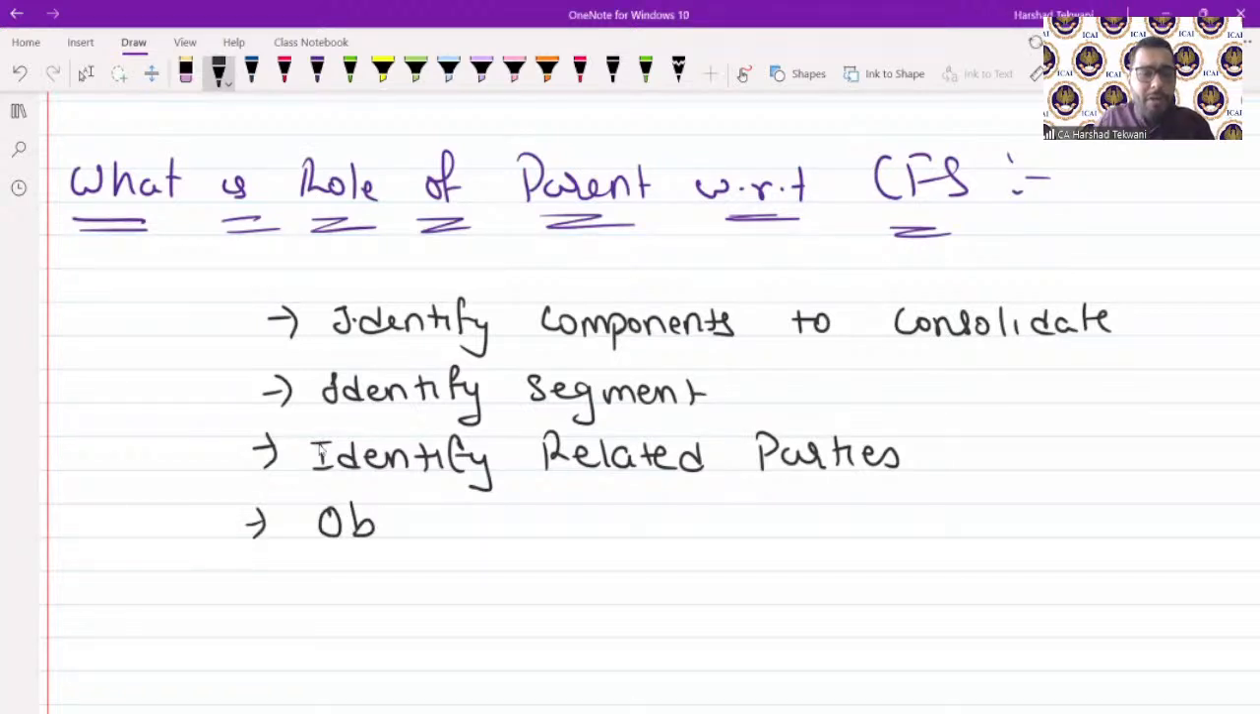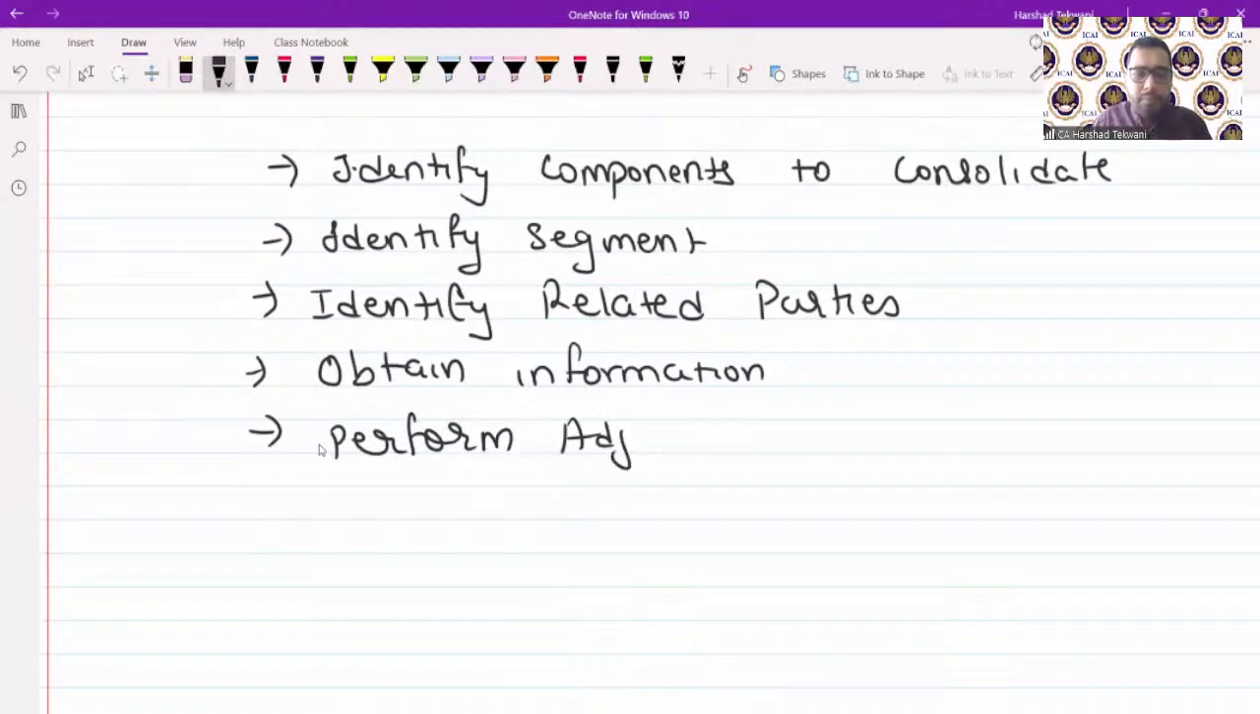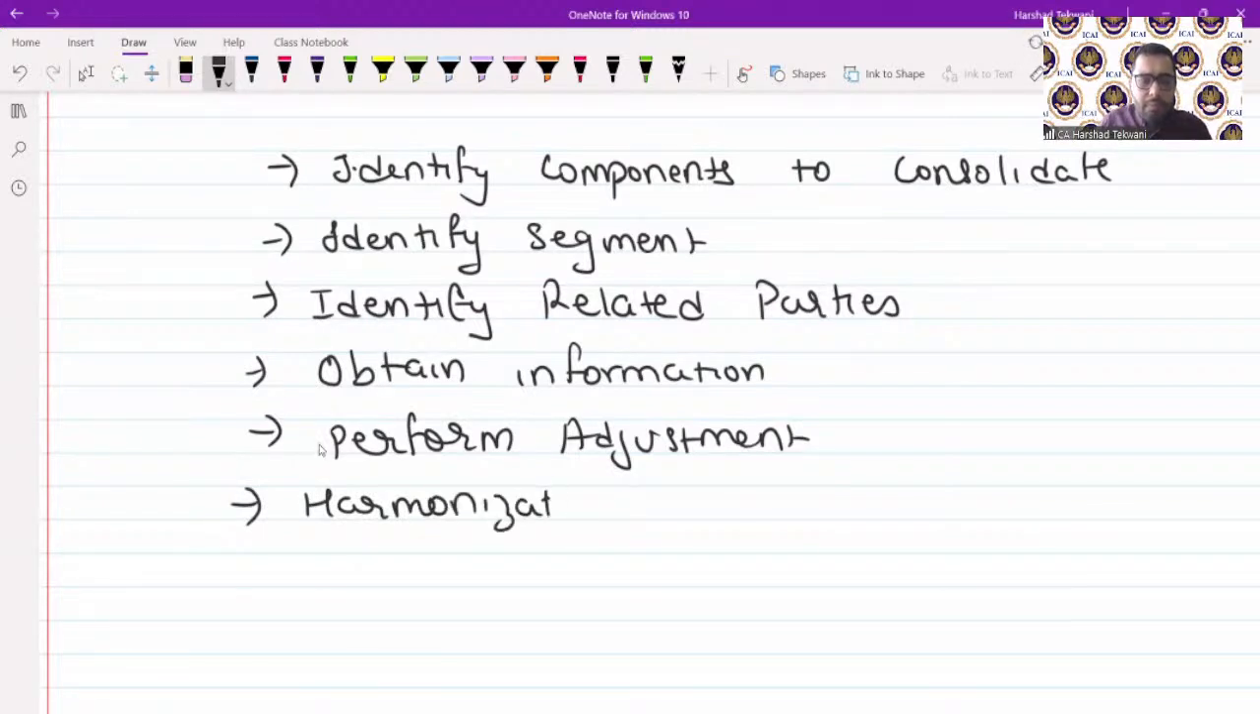Then obtain information from components regarding their segments and their related parties. Once you identify, then obtain information. Once you obtain information, then perform adjustment. Now adjustment can be permanent adjustment, one-time adjustment, or temporary adjustment. So perform adjustment. Then harmonization of